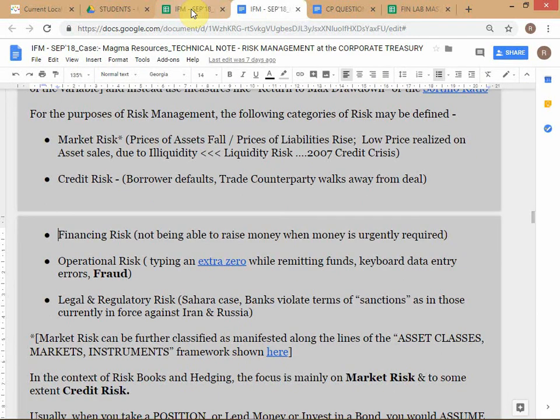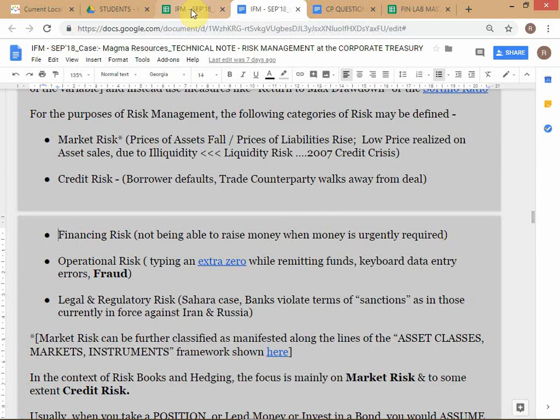See, economic and political risk is considered sometimes, but it's very hard to see. Most of these you can identify. So if you're talking about economic and political, economic risk is already captured in market risk and credit risk. So you don't need a separate